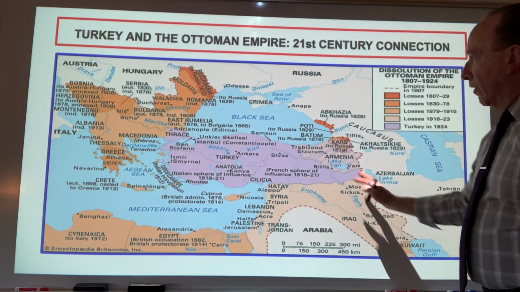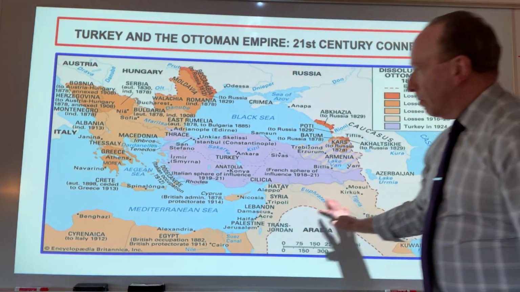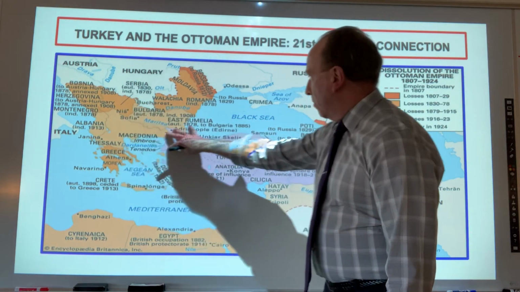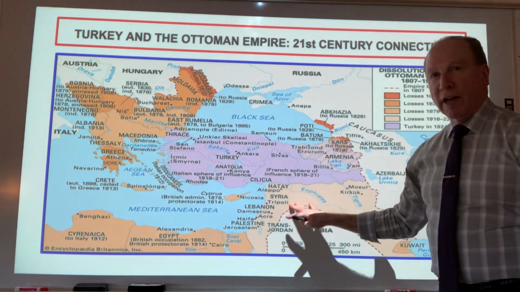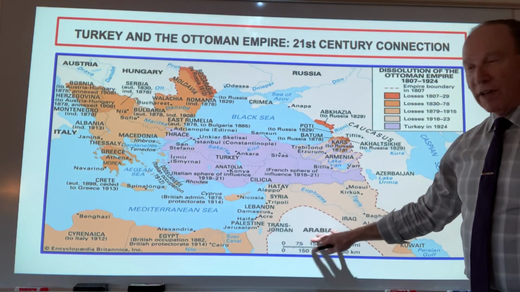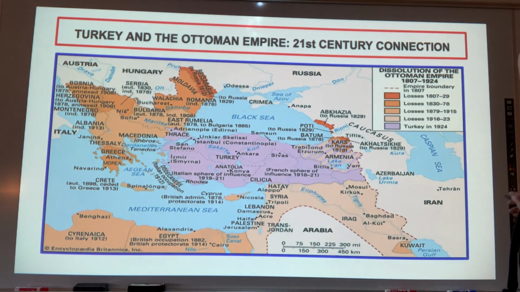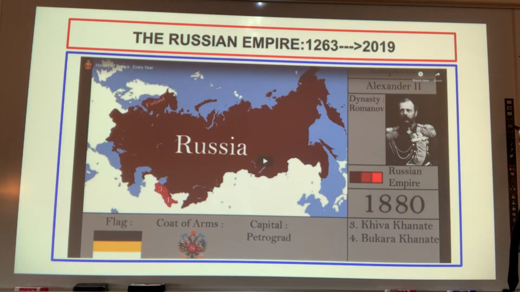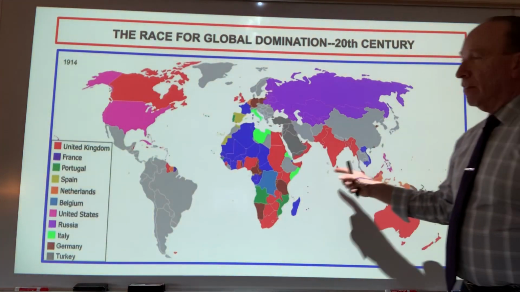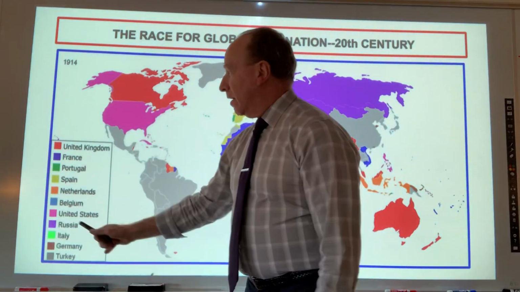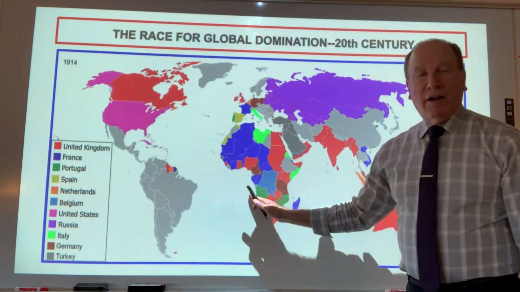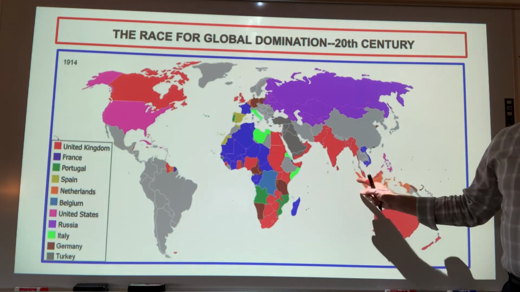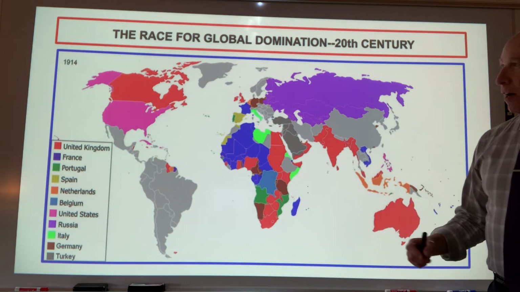We're going to take a look at the Ottoman Empire, which is the Mediterranean up into southern Europe, all the way to what's now Iran and Iraq, Israel, Syria, Turkey, the expansion of Russia. And then we'll take a look at, in 1914, the state of global colonization by those nations that wanted to expand